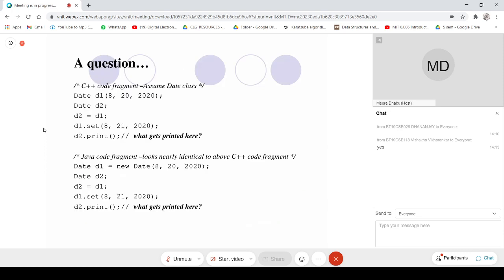Okay, another interesting point here. All of you will appreciate. Look at this code. What is the output of the above code, the C++ code?